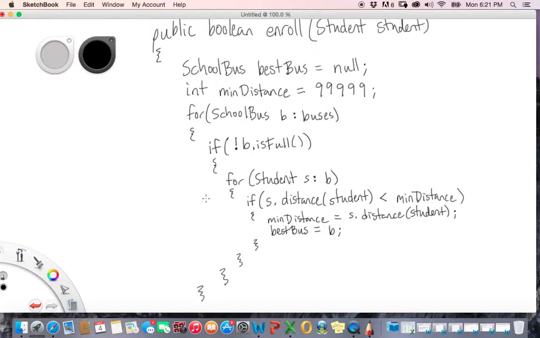Go to the next bus, check all those students, go to the next bus, check all those students, and so on and so on. And again, we're only checking the students if that bus was not full. Okay. So we've gone through all the buses, gone through all the students. We have an accurate minimum distance, the closest student to the new student on the same street, and we have